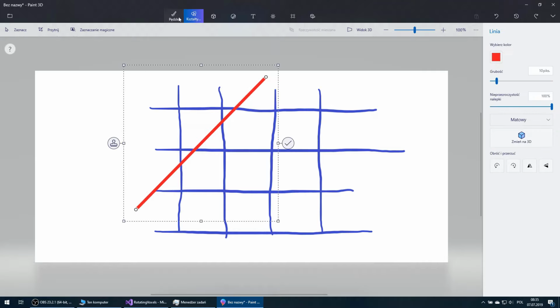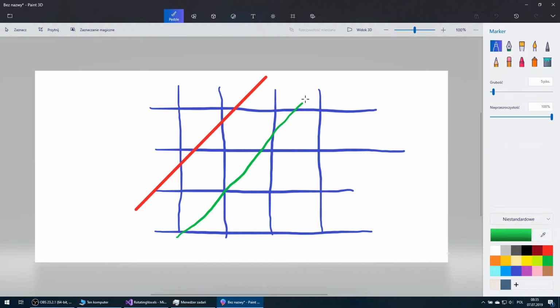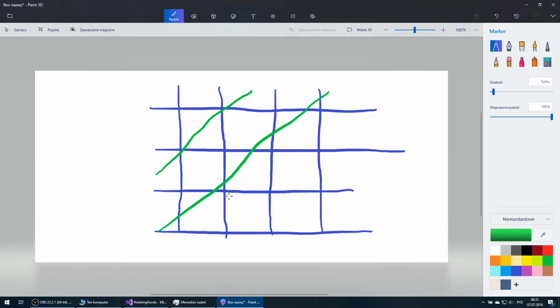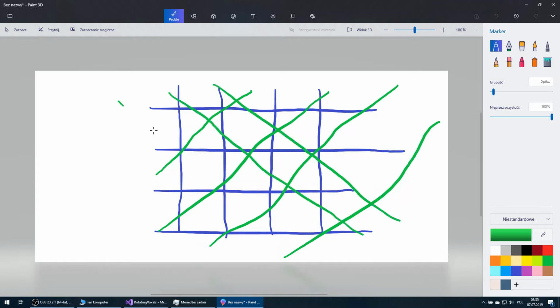So the final voxel space on which we would like to display this shape looks like this, like those green lines. And our problem is right now this. We want to display a box in 3D space, in this location,